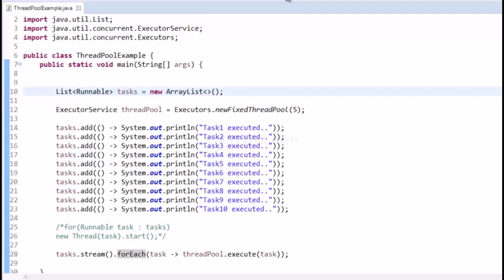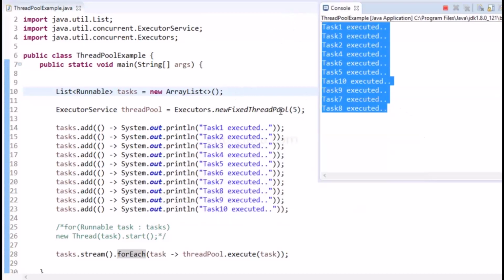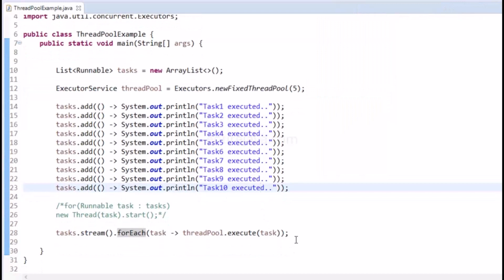Let's try to run the program and see what happens. All the threads are executed simultaneously, and at max only 5 threads can be executed simultaneously. But note that the program is never going to end. We need to shut down the executor service. For that, we're going to call the method